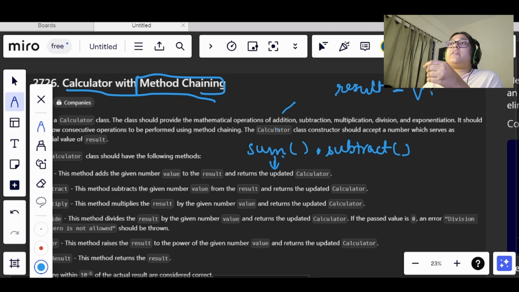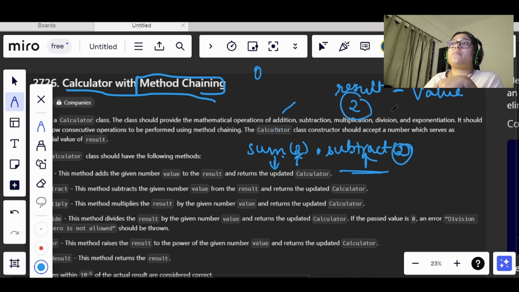Let's say our subtraction is passing 2 here, and our initial value for the result was 0. Now we have passed sum and the value becomes 2. Now we need to subtract 2 from 2, so our result should be 0. In this way we need to continue our result.